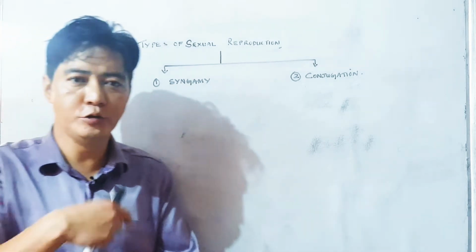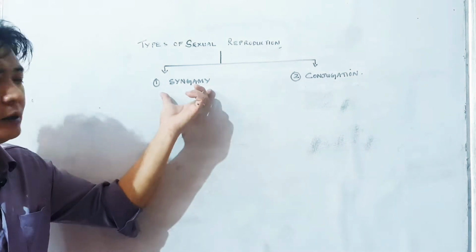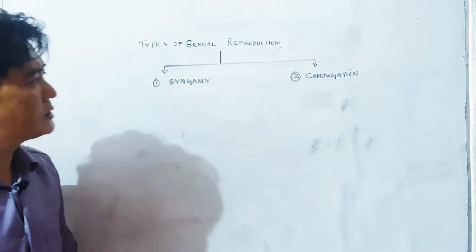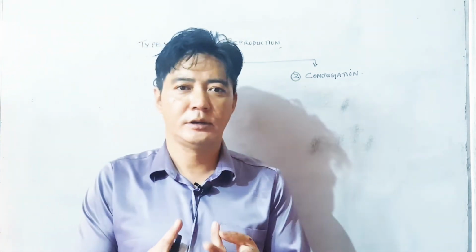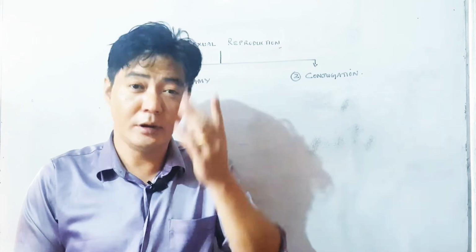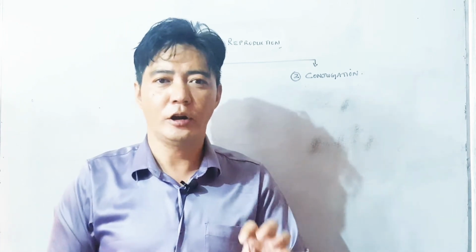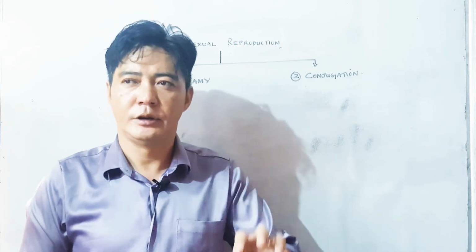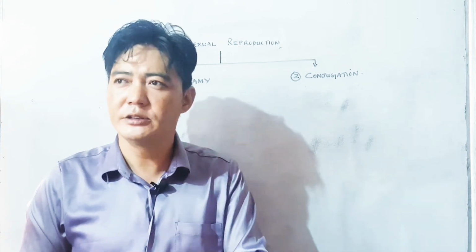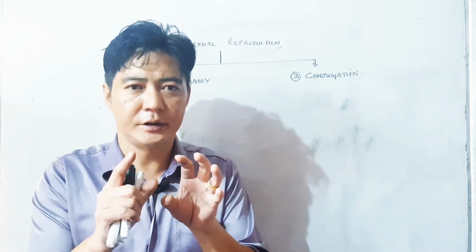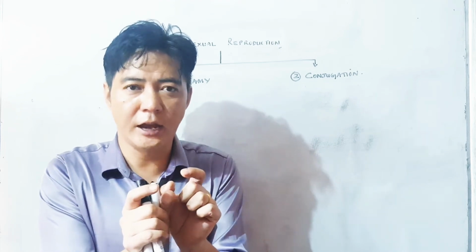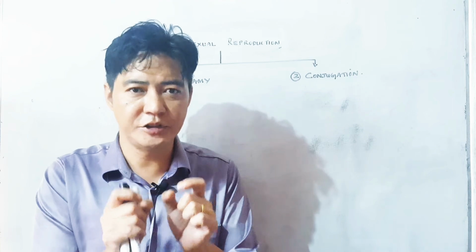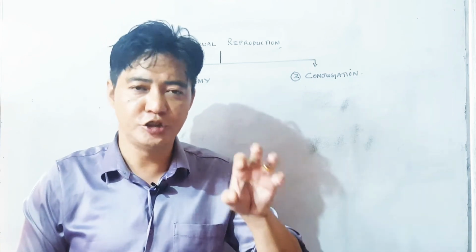Permanently the gametes fuse to form the zygote. In case of conjugation, it occurs temporarily, with the help of a conjugating tube. Temporarily the parents come close together and exchange their genetic materials with the help of a conjugating tube. Say for example, in case of bacteria,